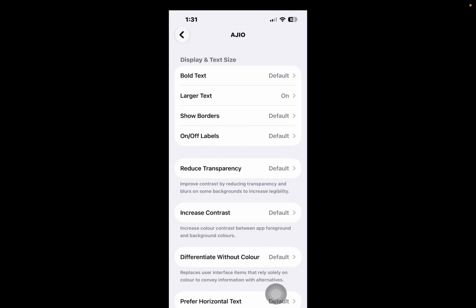Only the selected app will use the larger text size while the rest of your iPhone will remain unchanged and